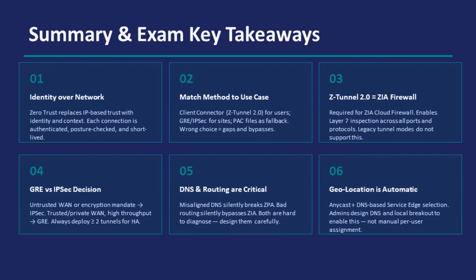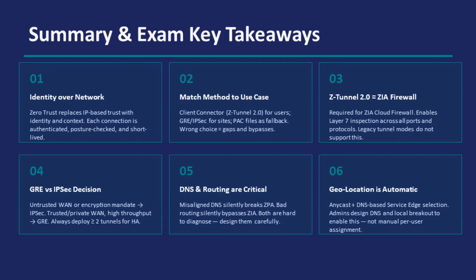The fifth takeaway is that DNS and routing are the silent killers. A misconfigured DNS zone breaks ZPA access to specific applications in ways that are very hard to trace. There's no obvious error message. Things just don't connect. A misconfigured default route creates a traffic bypass where users can access the internet, but Zscaler isn't inspecting anything. Validate every deployment explicitly. Check that Zscaler logs are being generated, test DNS resolution from every network segment, and run trace routes to confirm